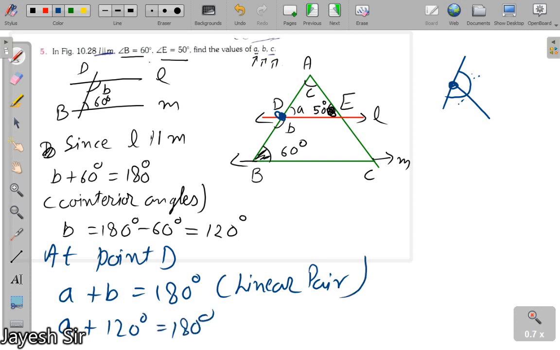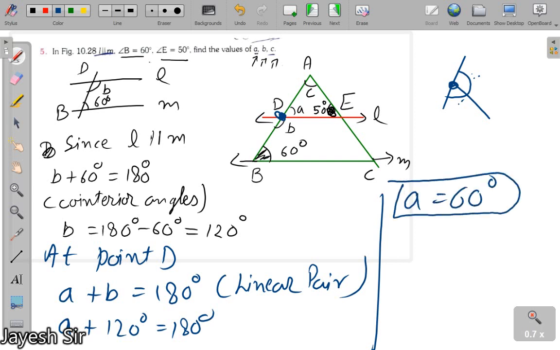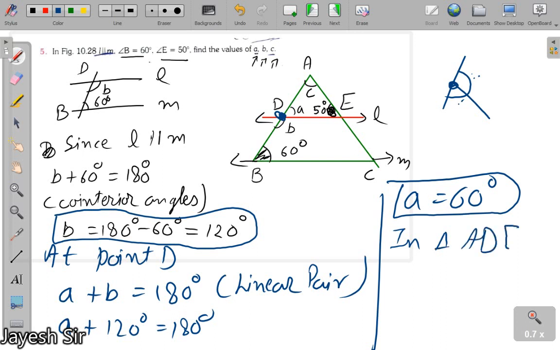So in that manner we will get A is equal to 60 degrees. 180 degrees minus 120 degrees is 60 degrees. Now we have B and we have A. Last, we have to find out the value of C. So in triangle ADE, by angle sum property,